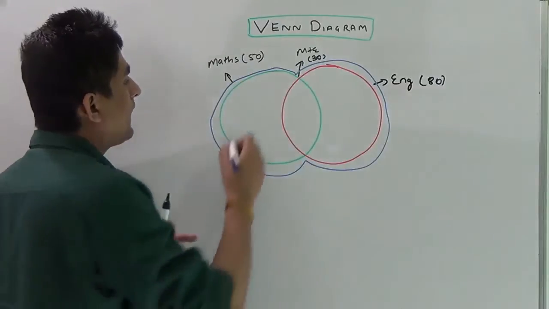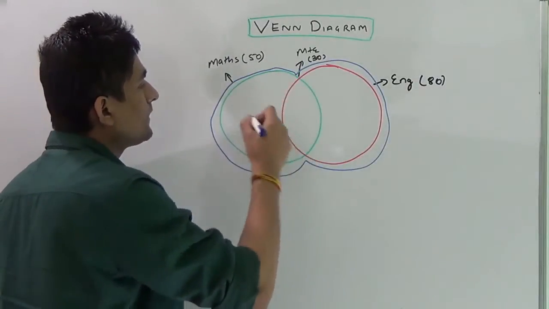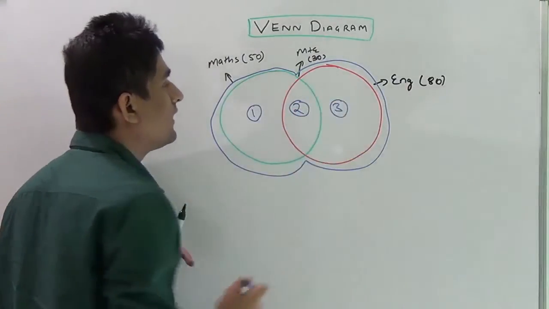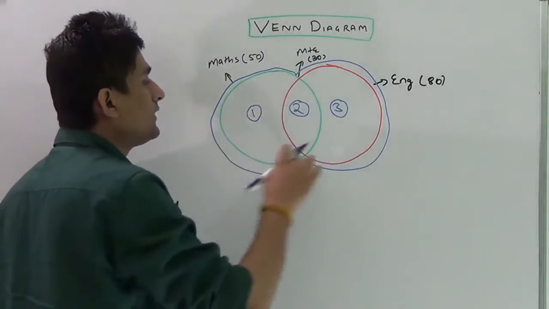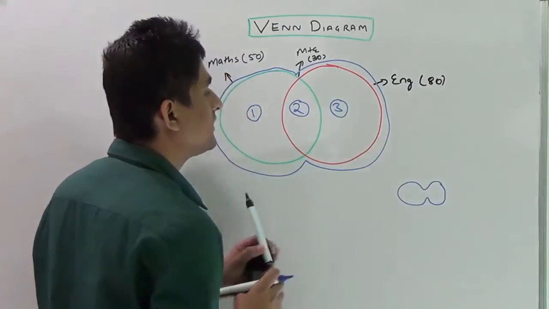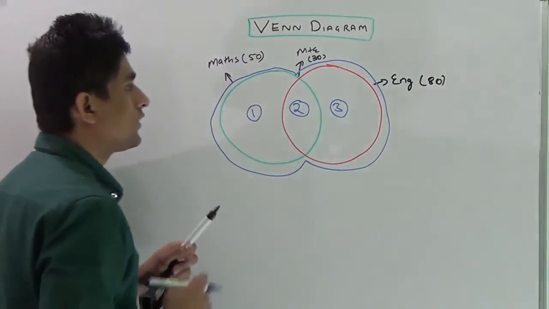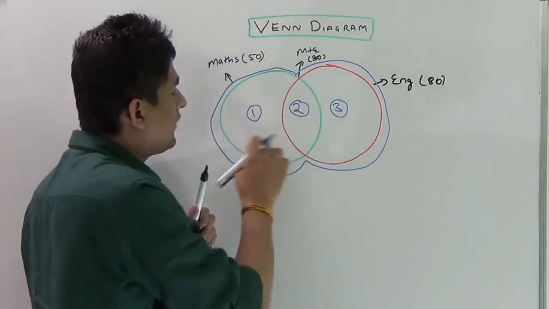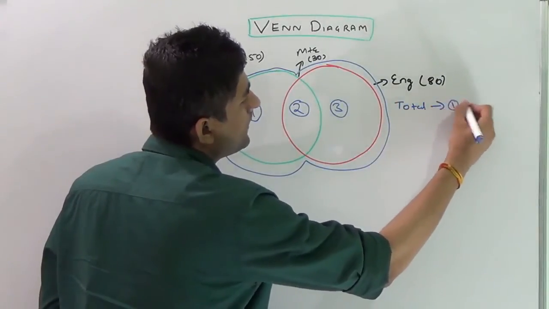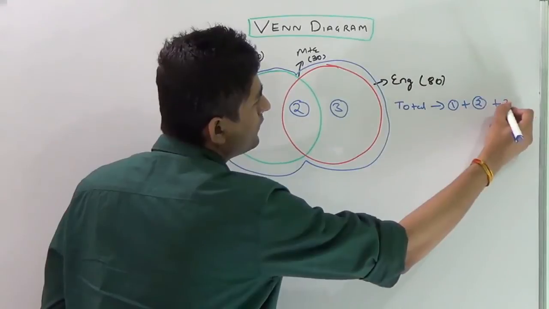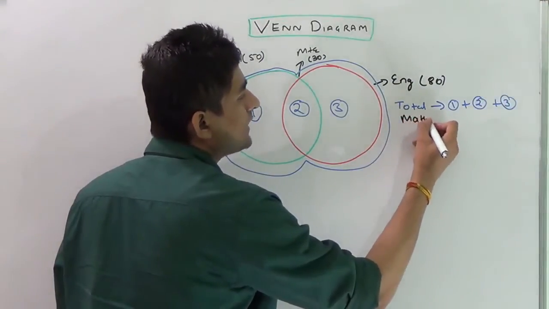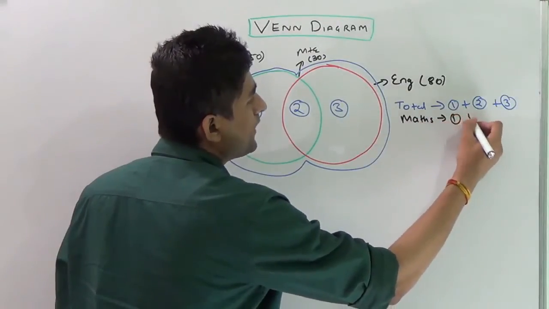For simplification, I'm marking this region to be 1, the common region to be 2, and this region to be 3. And I have to find the value of this region. That means the shape of the region is like this. I have to find the value of this region. So the value of this region, that means the total number of students, will come out to be 1 plus 2 plus 3. And if I say the total number of students who gave the maths exam is 1 plus 2,